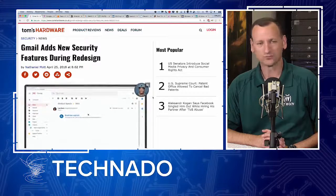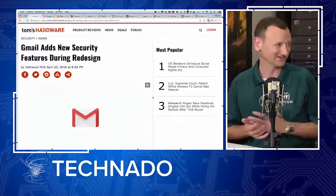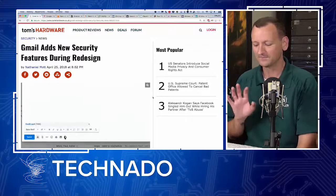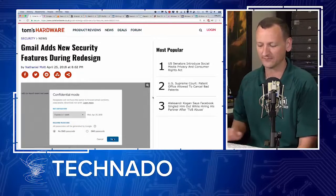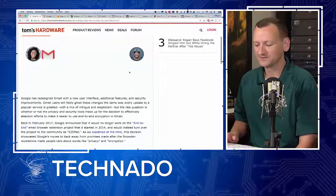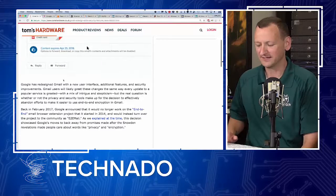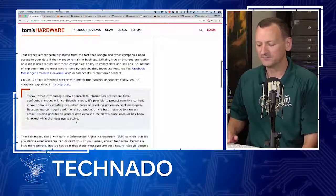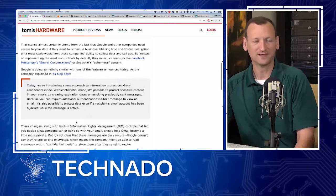And this week, they've rolled out into production their new UI, right? That makes it look prettier. They did the same thing with Google Calendar, which again is another product they really hadn't updated. So they're making things look prettier and adding new functionality, and that's what Tom's Hardware is reporting on. But they also added some security features. Those security features are designed to help make sure that you understand whether an email is safe or not. The big thing, though, is people have been pushing for features like end-to-end email encryption, where when I write